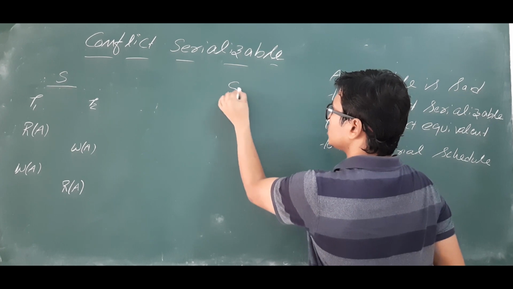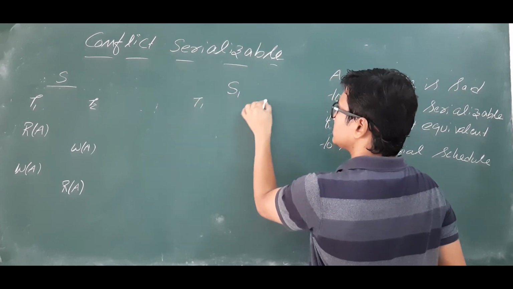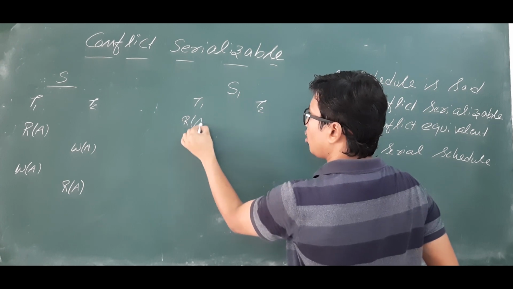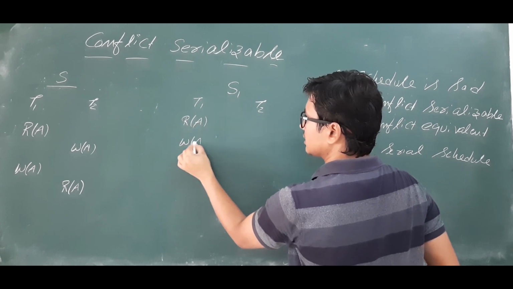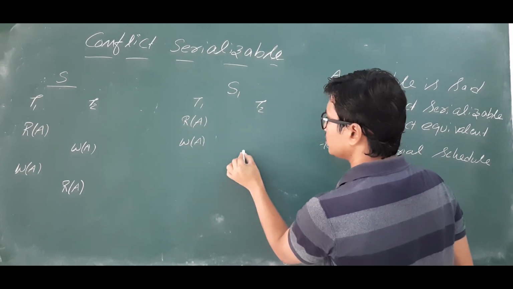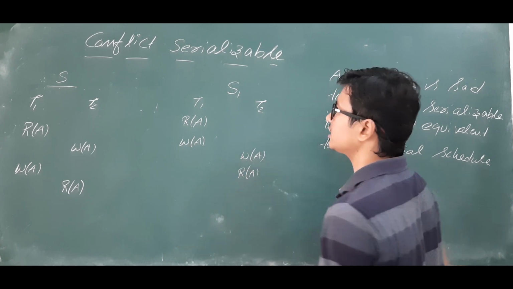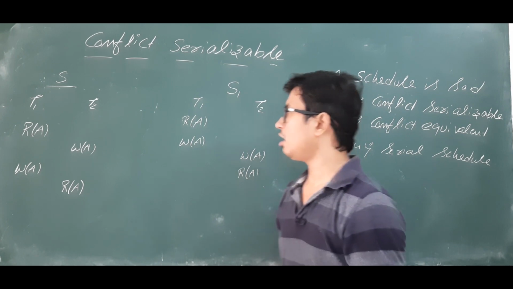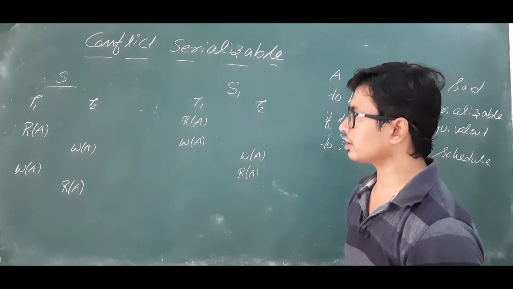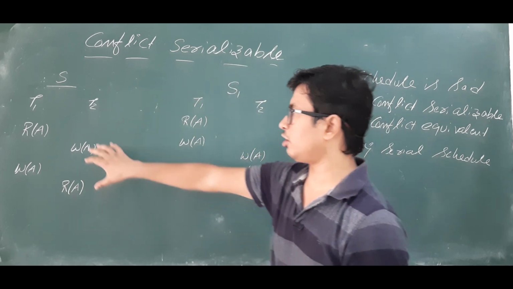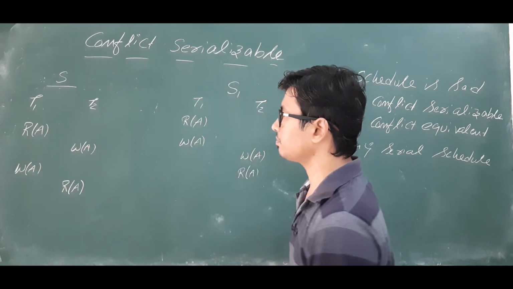So we will check whether it is conflict serializable or not. What is the schedule S1? We will see transaction 1 and transaction 2. What is transaction 1? Perform all the operations in transaction 1, then perform the operations in transaction 2. We will check whether S and S1 are conflict equivalent or not. To do that, first I need to find what the conflict operations possible in this one are.